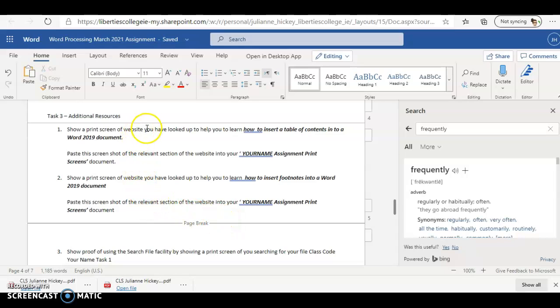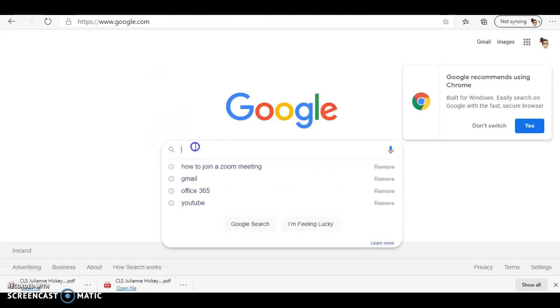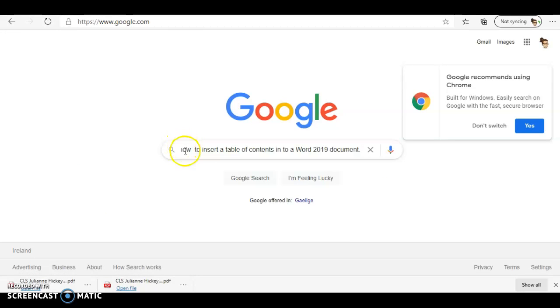Now, the assignment starts to get a little bit different to what you're used to doing. We have to show a print screen of a website we have looked up to help me to learn how to insert a table of contents into a Word 2019 document. So you're basically proving you can look stuff up without the help of a teacher. And this is the best way I could think of how you could prove that. So I'm going to Google that question,